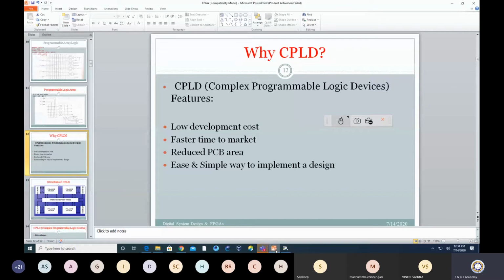Now let's move ahead with one more family, CPLD, which you can consider just an elder brother of SPLD. After SPLD, the CPLD has evolved. The full form of CPLD is complex programmable logic design. Here also it is a PLD family, a programmable logic design, but you can have some sort of complex design. So a complex design can be supported by a PLD.